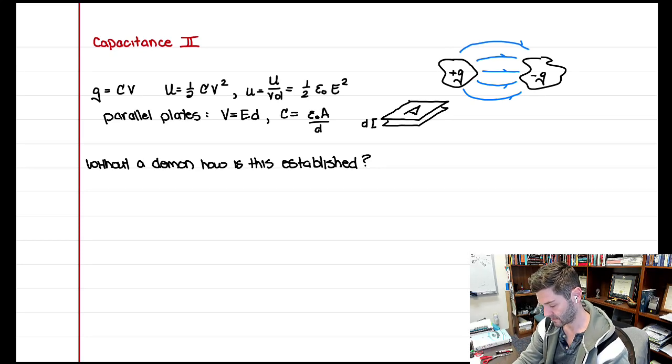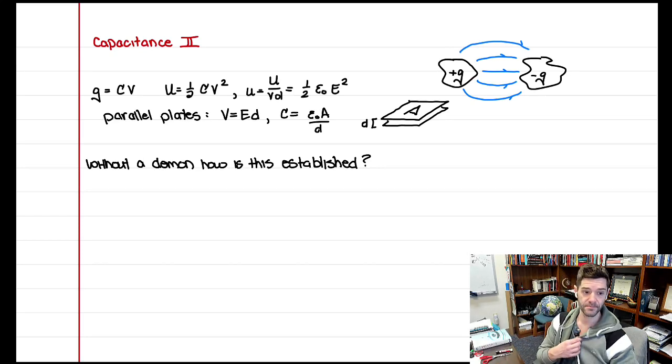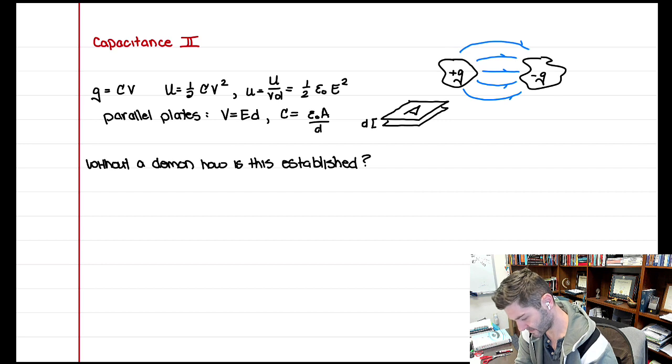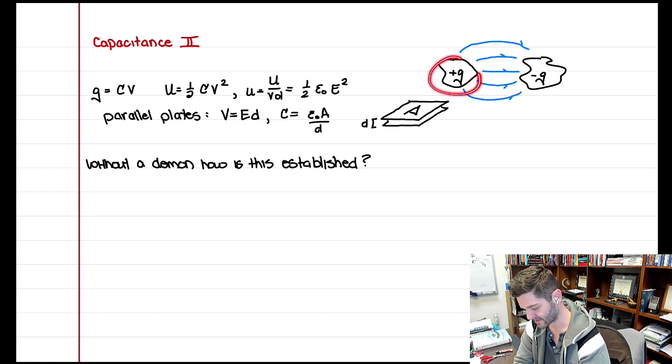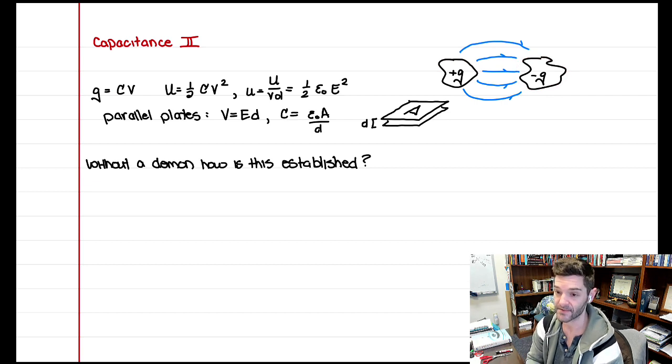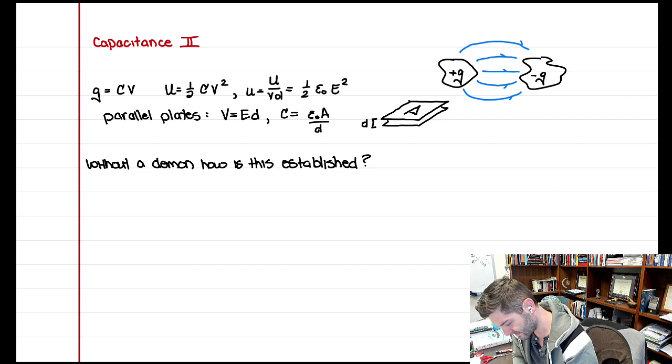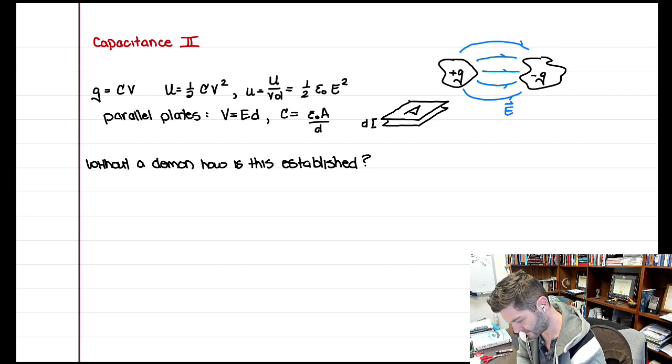All right, our second lecture on capacitance and capacitors. So, before we talked about the idea of capacitance, which we defined to be this proportionality between how much charge can be stored on a conducting surface. So we have some conducting surface here and here, and we had a little demon that kept stealing electrons and throwing them on the other conductor to create a positive net charge here and a negative net charge on this side. And in doing so, they created an electric field in the process between the two that, unless there is